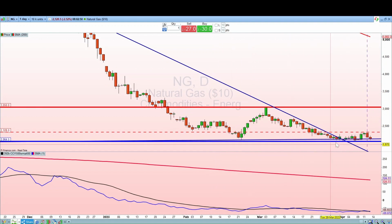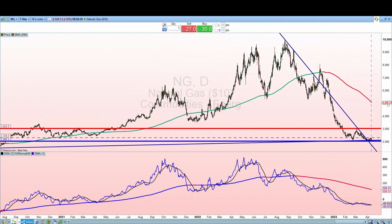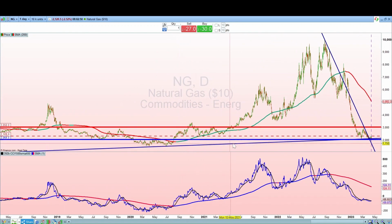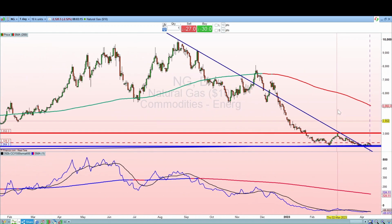Now I've also got this secondary support line. If I zoom out, you'll see there's this ascending trend line and also this descending trend line. Now it's broken out of the descending trend line, but this ascending trend line, if I zoom in, you'll see more clearly on the lower time frames, but just very quickly it's bouncing off that lower trend line on the daily. On the 4-hour chart,